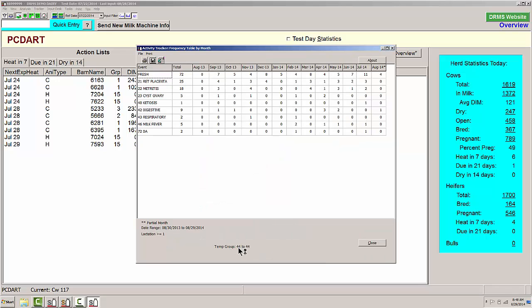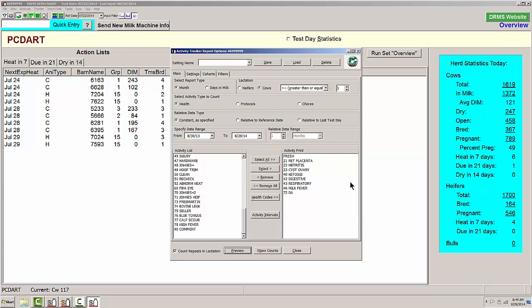I go ahead and preview this report. When there are animals that had any one of these health conditions that would enter in that were part of that group of animals that had twins, they would be showing up here. I'm just looking to see if there are a little bit higher rate of any of these conditions for just those animals that have had twins. One other thing I can look at